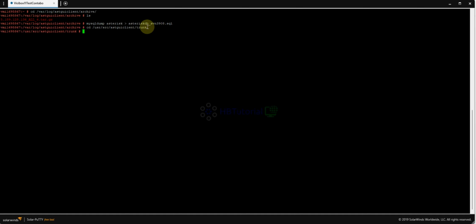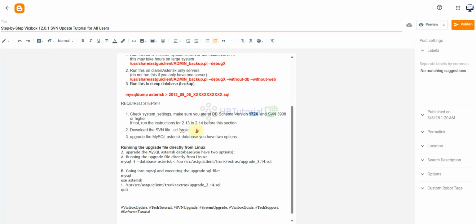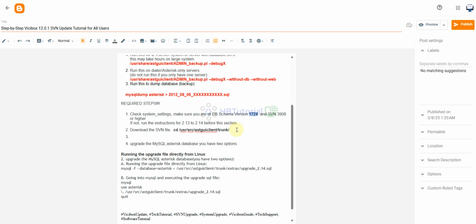This is the directory for the SVN. After that, once you are here, you can now run the SVN update.